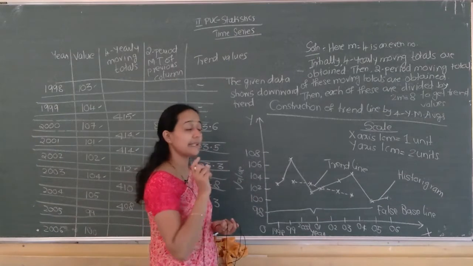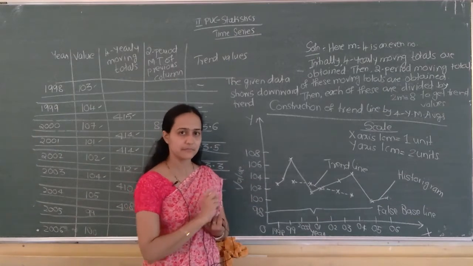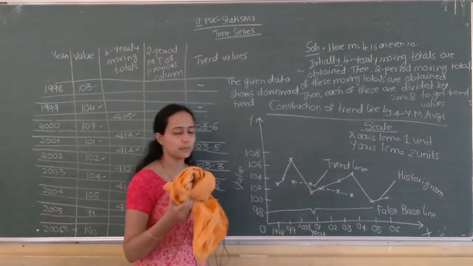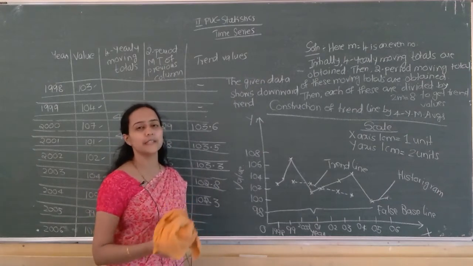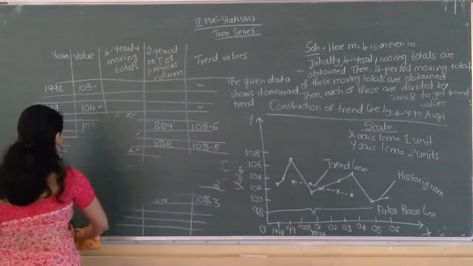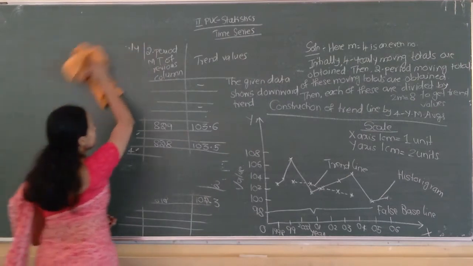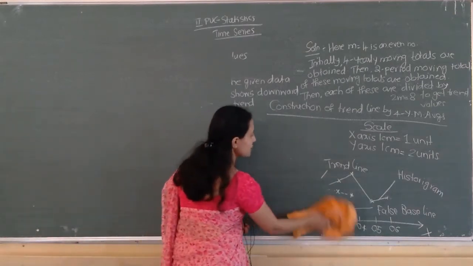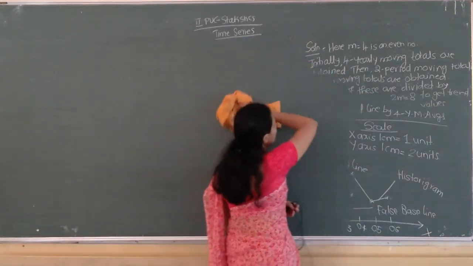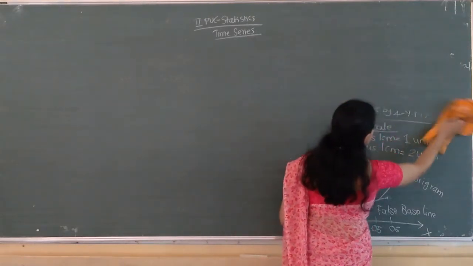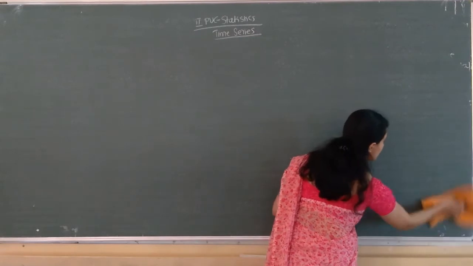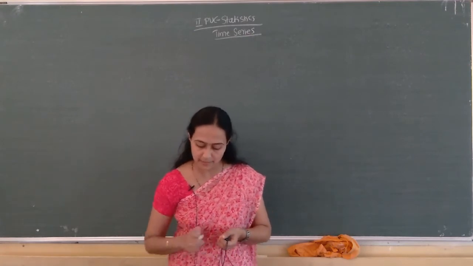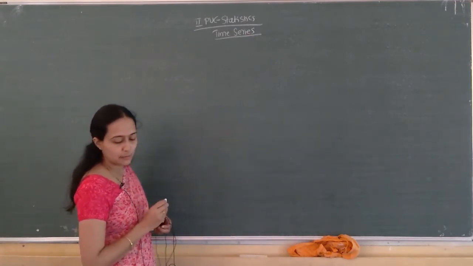If this much is there, then only you will get that much marks. Clear? Next, can we do one 2 period moving total, 2 yearly moving average problem? This is a 4 yearly centered moving averages. This one is important, usually asked for your exams. Moving averages problems are actually easy, not much difficult. If you know the procedure, it is very easy to do, just adding the things then taking the average. So next problem, find 2 yearly centered moving averages.